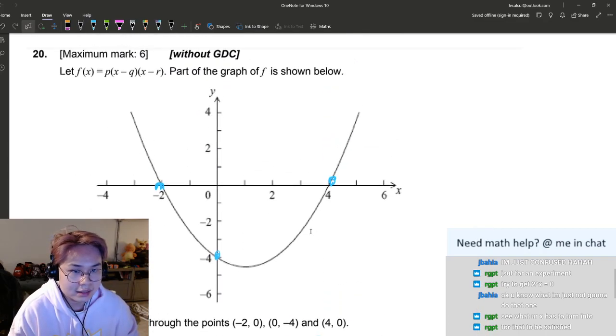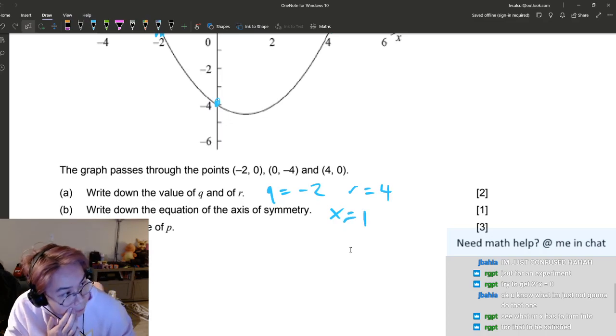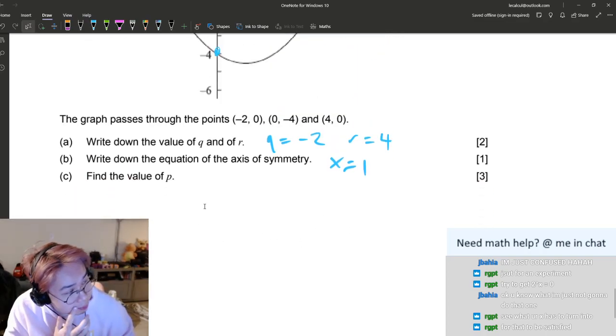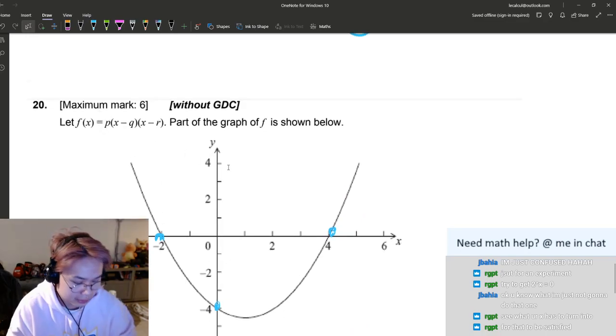Write down the axis of symmetry. You can kind of eyeball it right here. It's 1. X equals 1. And find the value of P. P is this value right here. So for that,